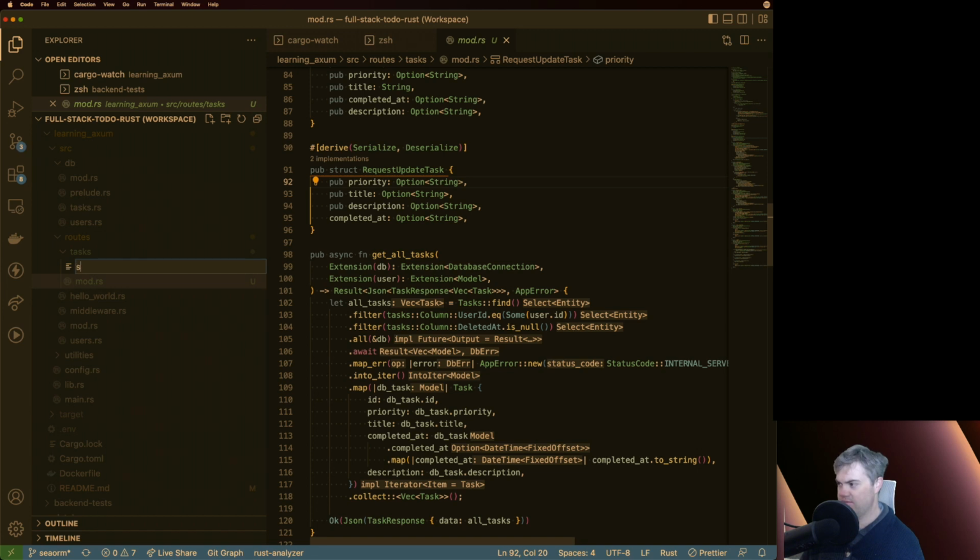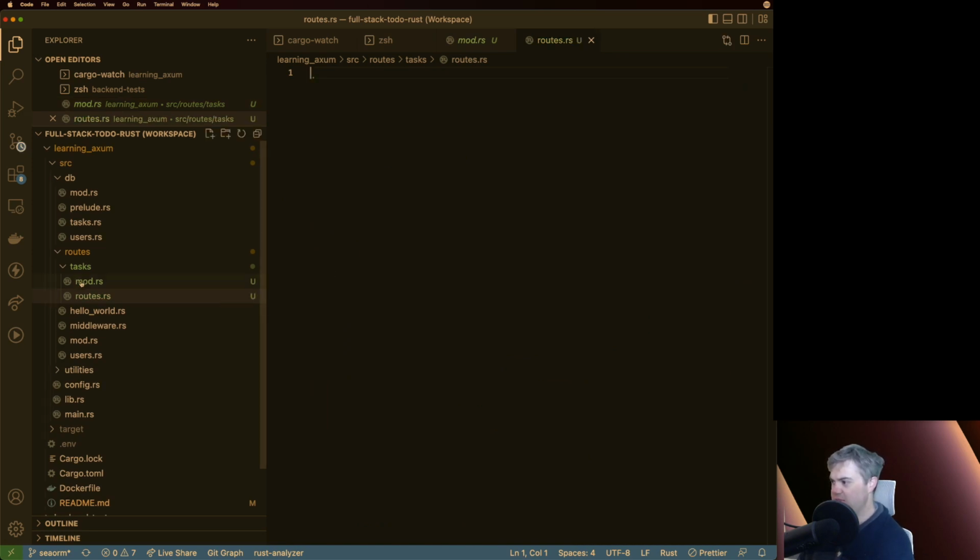So, data, like data structures, data types. I could also see this as being the routes and mod. We have the mod and then the routes. In which case it would be the opposite. So hold on, you'd be